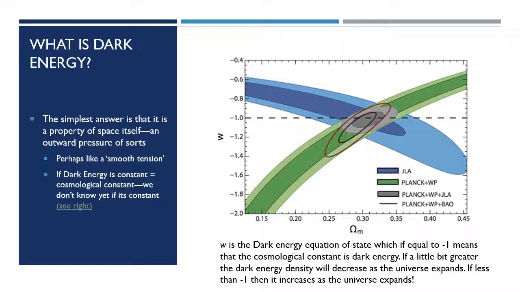But yeah, if it's a little bit bigger or smaller than -1, then that means that dark energy is something quite a bit more exotic, which I think is really exciting. It would be really exciting. I'm personally hoping that it is greater than -1, but who knows? Better measurements will hopefully be able to refine that. So paying attention to these measurements with the dark energy equation of state, I think, will be really exciting for letting us know what dark energy is.